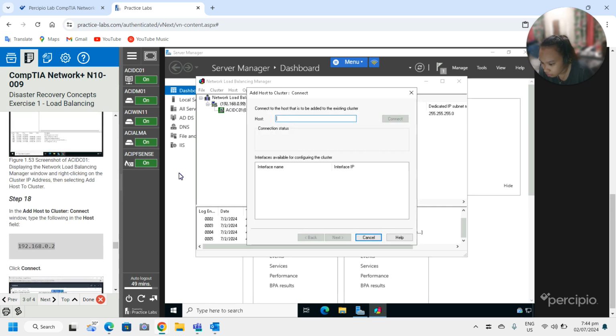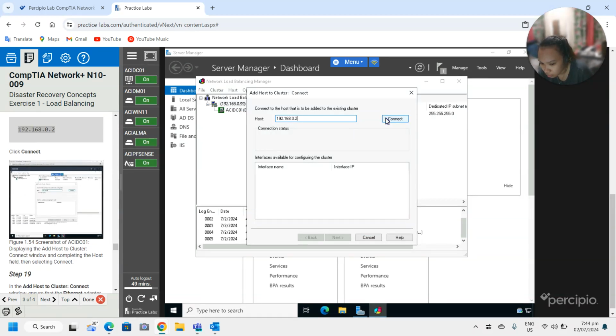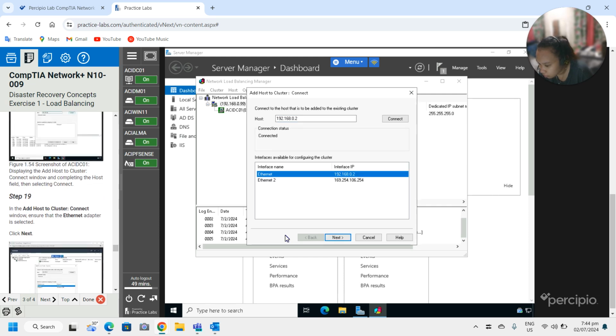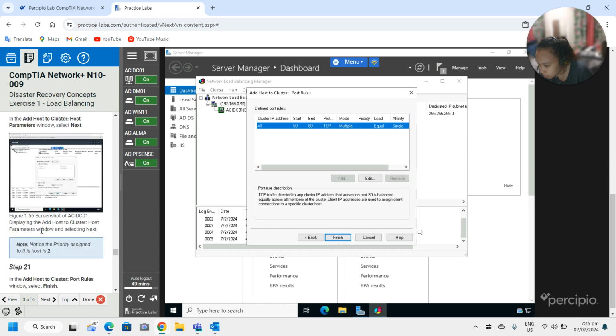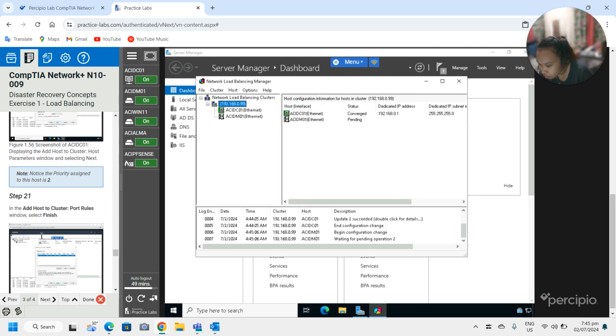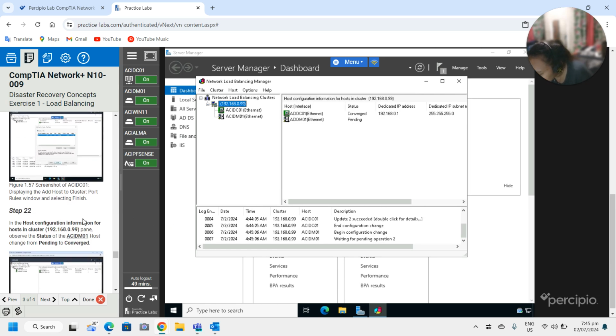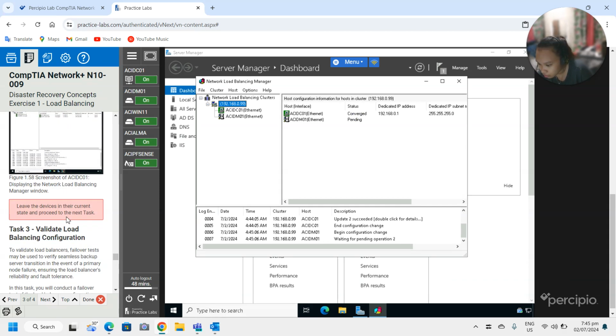And then the host. Then connect. And then click next. Click next. Finish. And then in the host configuration information, the cluster pings up, and the status of the host changes to converged.